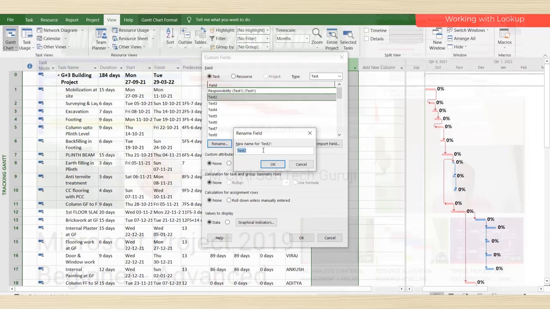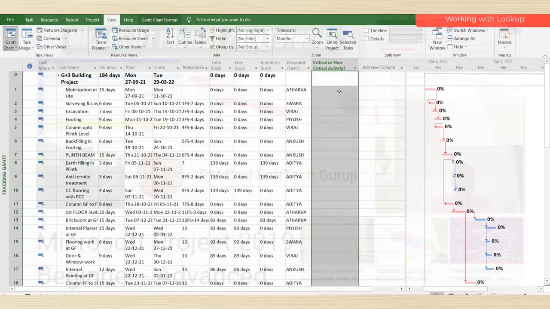So what we need to rename for text 2: critical or non-critical activity question. Okay. So click OK. So here the column is created.